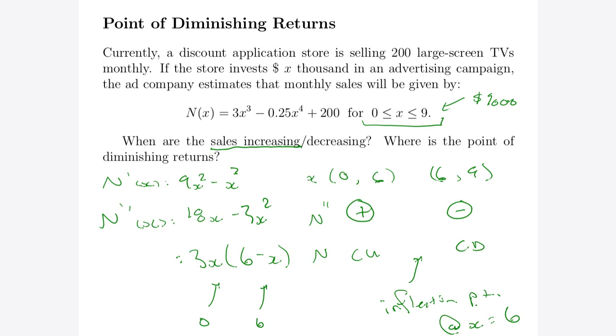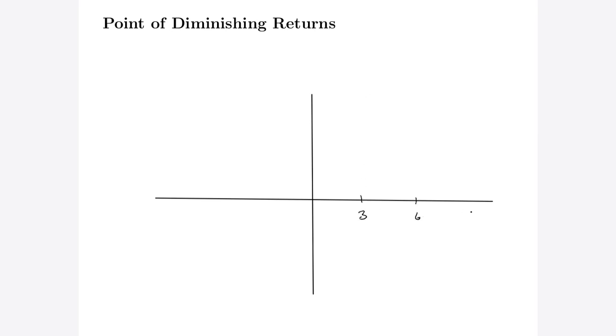When we sketch things, though, we might notice that that inflection point visually will look like this point of diminishing returns. So I'm just going to give a quick sketch of our graph. Let me draw some axes up here. There. This is going to be not a very accurate sketch, but oh well. I'm just going to go ahead and say 3, 6, 9. And I'm going to sketch the graph from